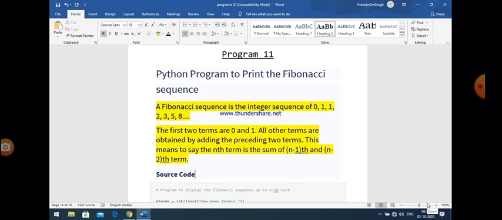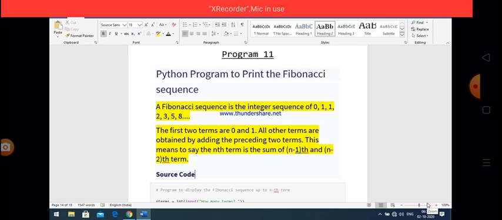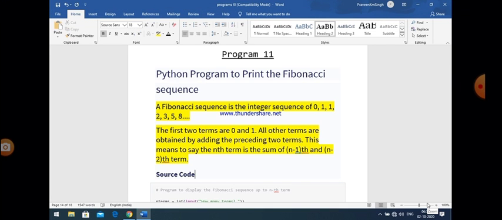So first of all, as far as the starting terms are concerned, these are always fixed, 0 and 1, because to find the third term, we must add its previous two terms. So we must have at least two values. These two values, the first term and the second term, are always 0 and 1 as far as the program is concerned.